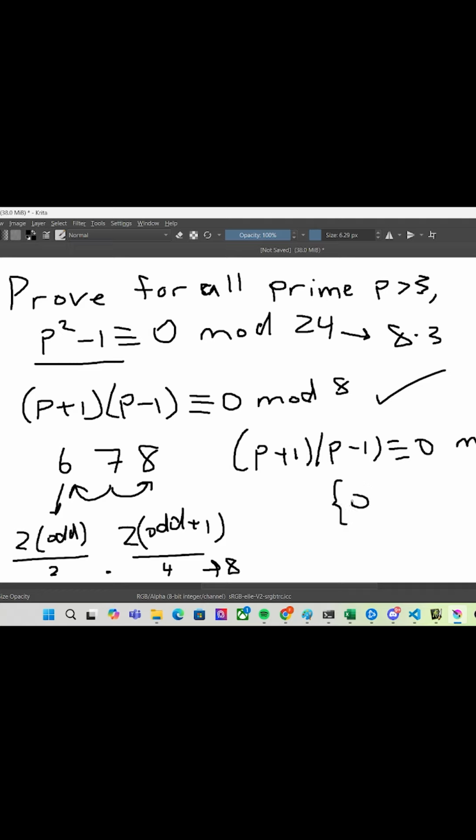we can either be 0, 1, or 2. But we can't be 0 because, like we said, then you wouldn't be prime. So our numbers are actually just 1 and 2. Right, and 3 loops back to 0. Well, obviously, if we're 1, p minus 1 maps us to 0, and if we're 2, p plus 1 maps us to 0. So no matter which element we are, we'll always be mapped to 0 through p plus 1 and p minus 1. So since both of these are true, and since 8 and 3 are co-prime, we have that p